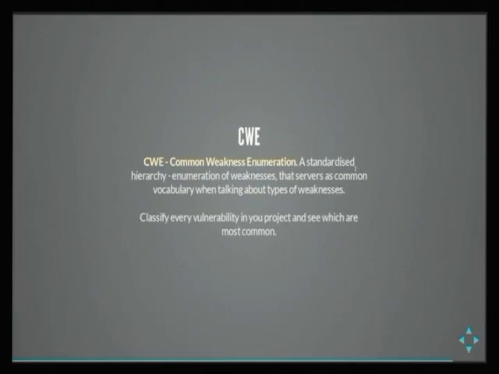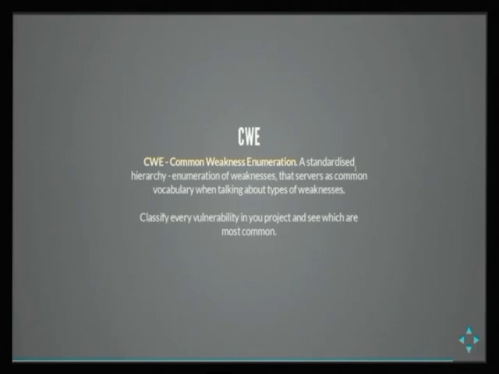A good framework for this is the Common Weakness Enumeration by MITRE. That's a standard vocabulary for classifying different kinds of vulnerabilities into so-called weaknesses. And this helps when talking about the types of the weaknesses.